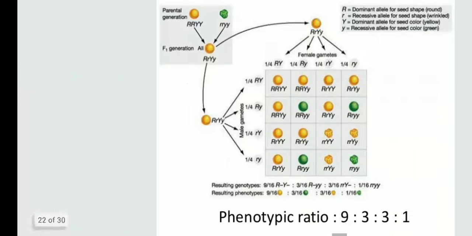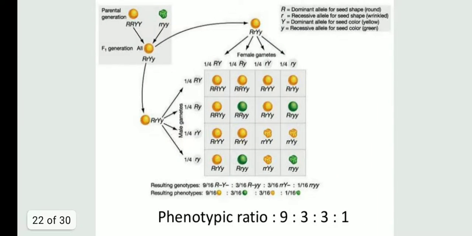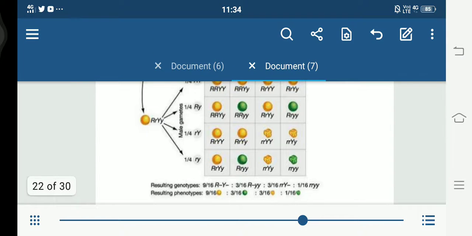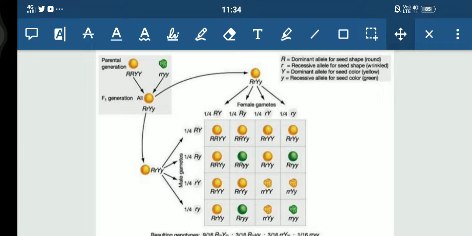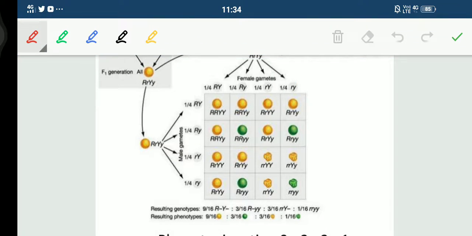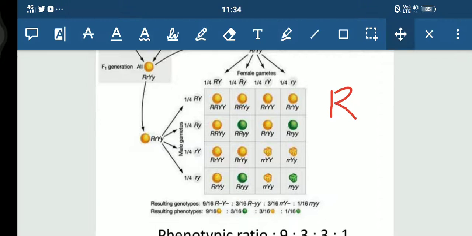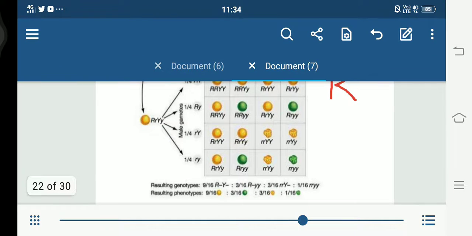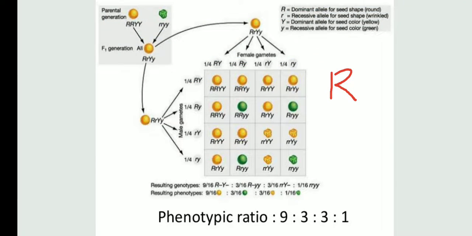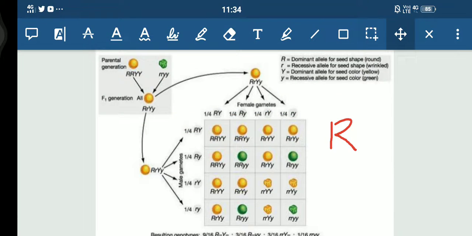Now students, talking about the complete dihybrid cross. You can see here this one is the second generation. You can see the gametes that have been formed. Fine. So here I would like to show it to you. See, we are having these capital R, fine, and what else we are having here? See, we are having the capital R, small r, and capital Y, small y. Fine. So I'm going to take these gametes only,